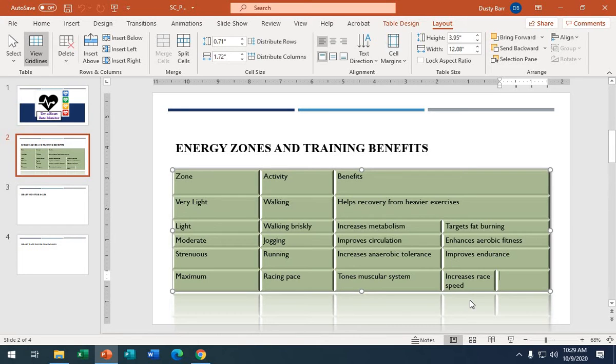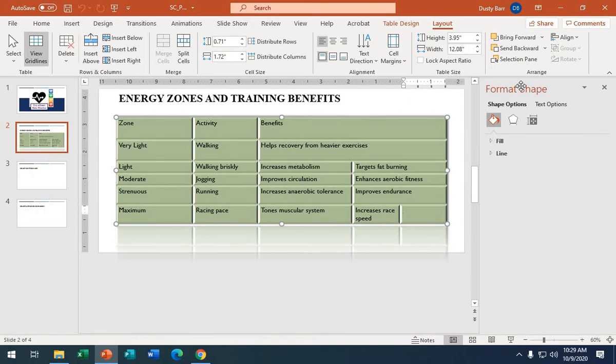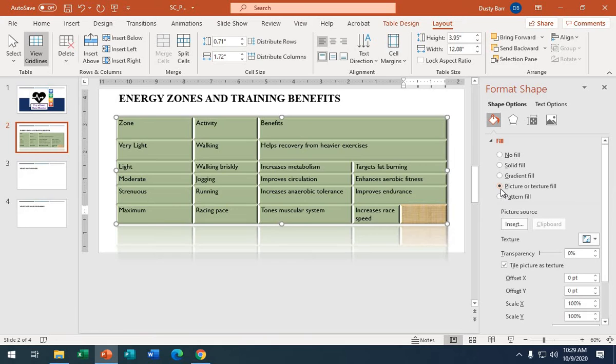So what you would do then is it says click on that cell, right click, and go to Format Shape, and this box should appear over here. When I get that Format Shape box, I want to click on this one and go to Fill, and they give me these different options here. It says choose a picture or text fill,